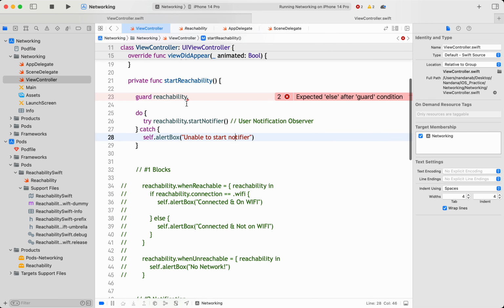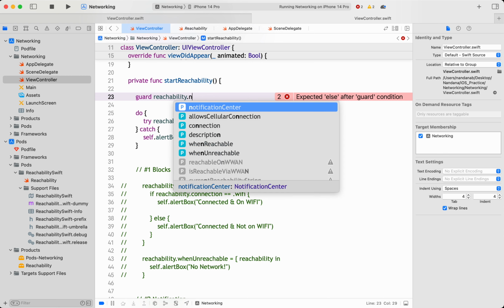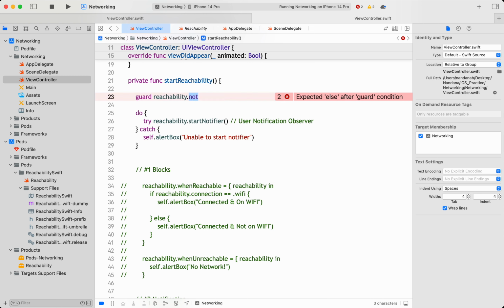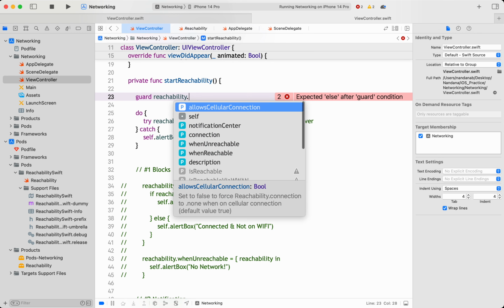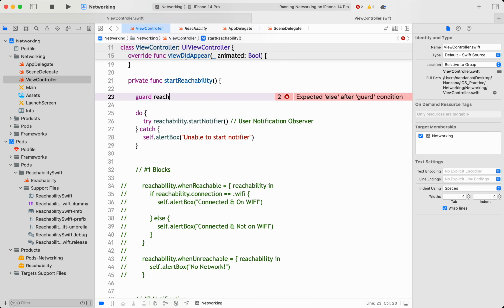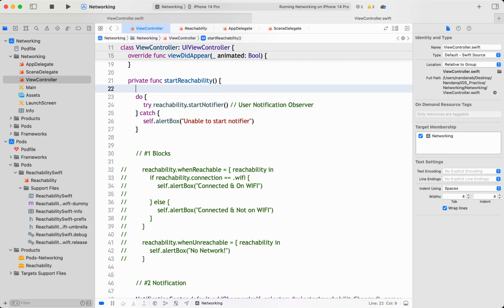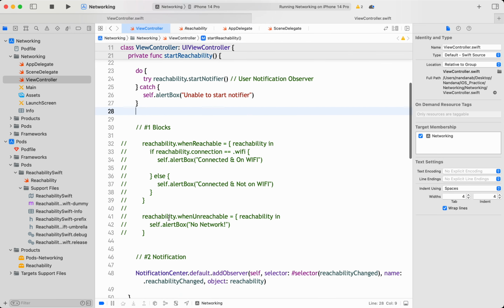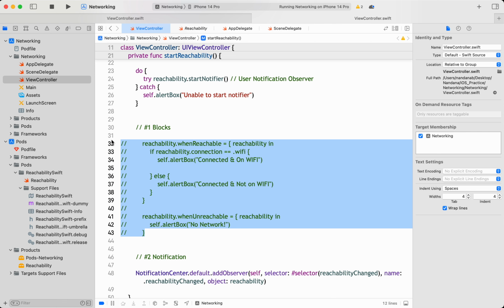I can't set it, okay, it is file private, so I can't check like this maybe. Okay, start notifier. If it is already starting the notification, I think this method will not execute again. So we can observe these changes using the blocks, which we are used to now, all the inline